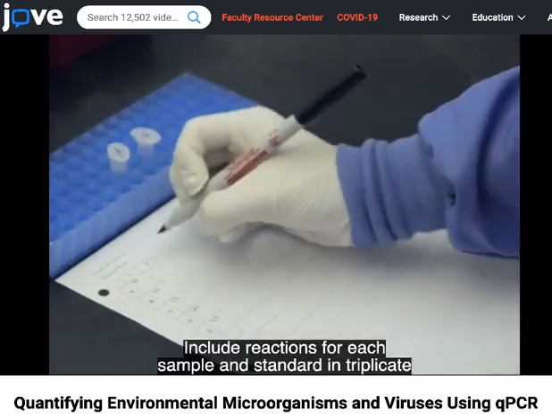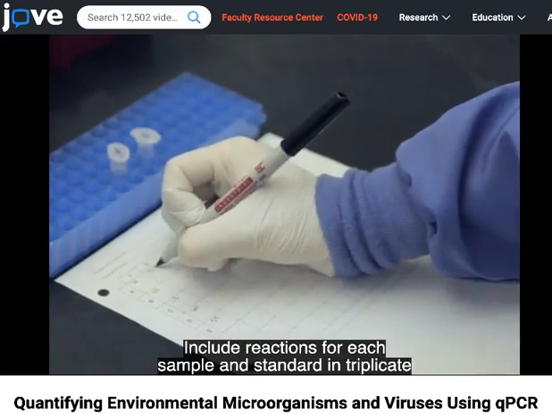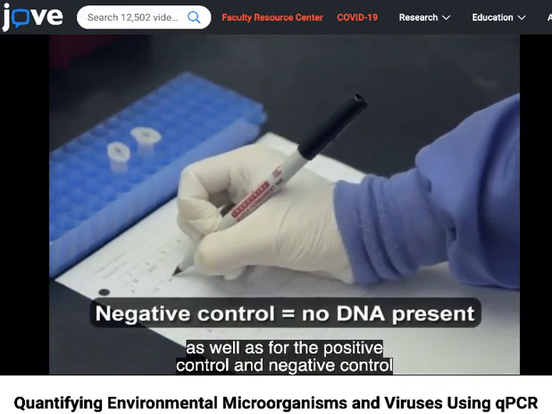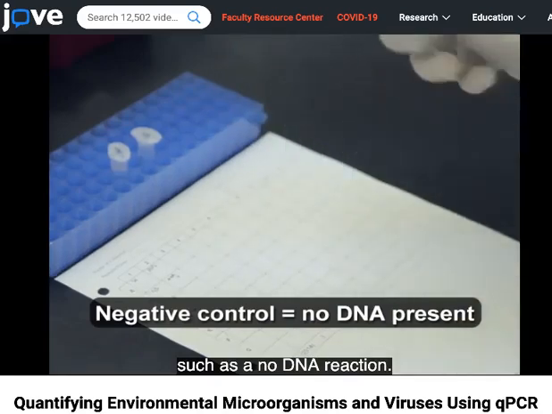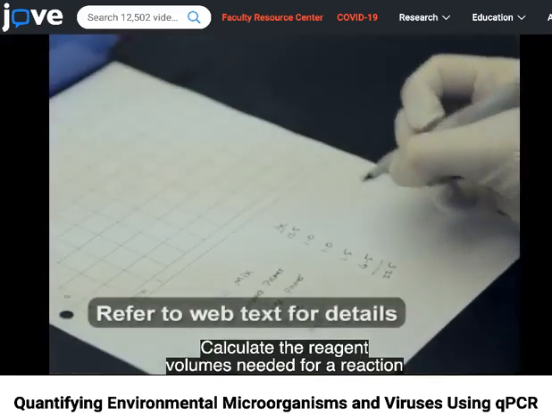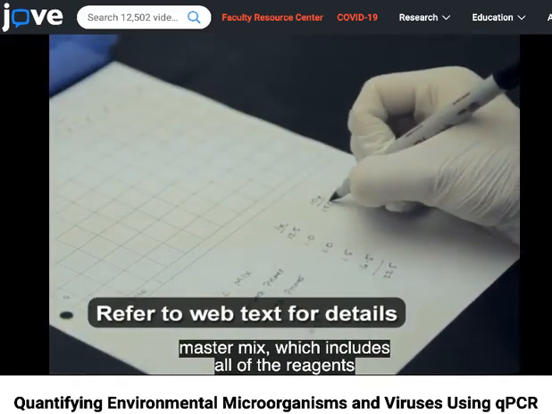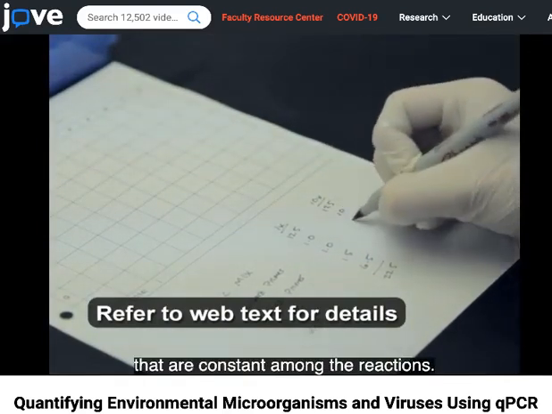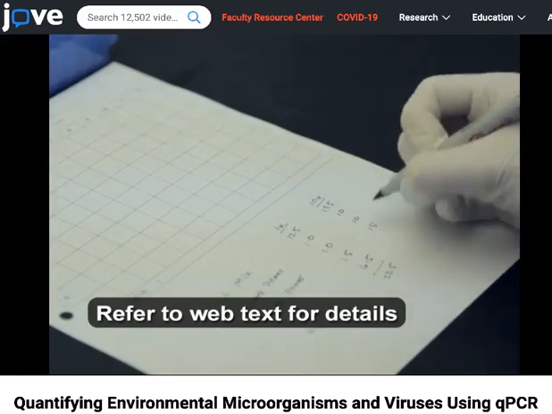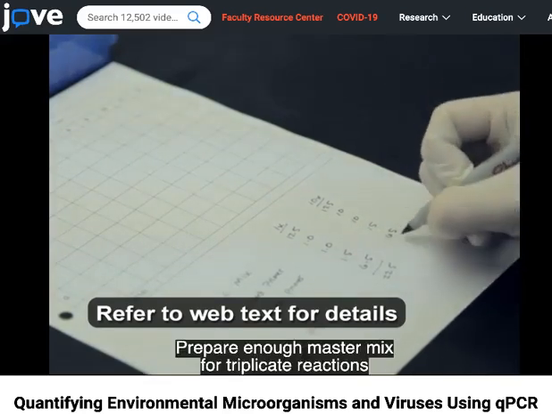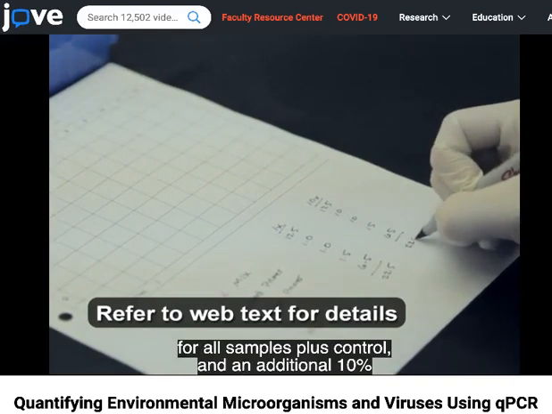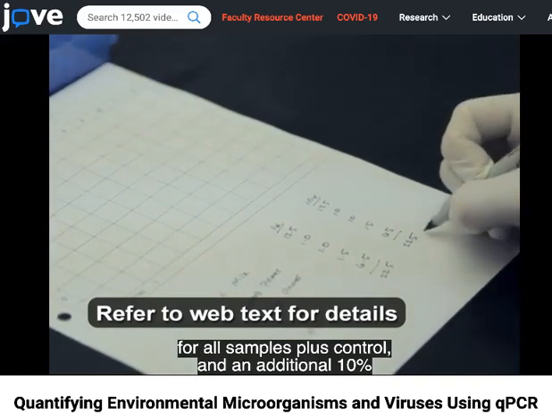Include reactions for each sample and standard in triplicate, as well as for the positive control and negative control, such as a no DNA reaction. Calculate the reagent volumes needed for a reaction master mix, which includes all of the reagents that are constant among the reactions. Prepare enough master mix for triplicate reactions for all samples plus control, and an additional 10% to account